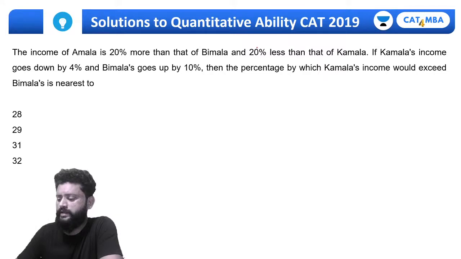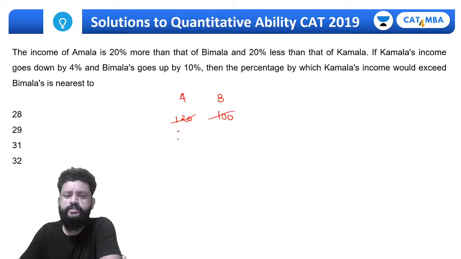Now understand one thing, this is a question of ratio proportion. First thing, it's a really simple question. You can just take the ratio and get the ratio of the incomes of A, B and K. So let's talk about A and B. A's income is 20% more than B. That simply means if B's income is 100 then A's income is 120, ratio is 6:5,